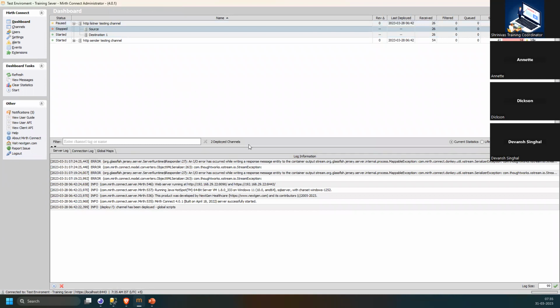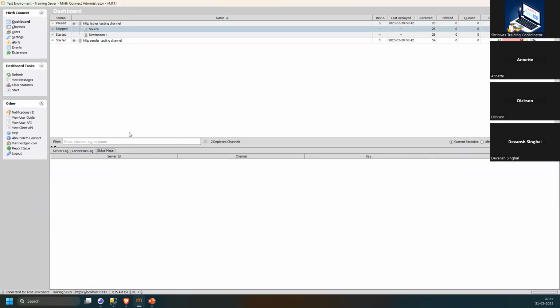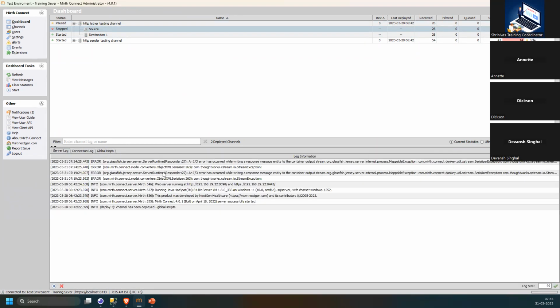interface. Now, when you look at the lower half of the section, here you can see three tabs. One is server log, one is connection log, one is global maps. So server log will tell you anything that is happening with the server, whether it may be an info, which is nothing but general information that you may want to view. Like the way you can see here, I have started the interfaces on 328. I've started the server on 328. So it's saying that the server got started, it is listening on so and so port number and